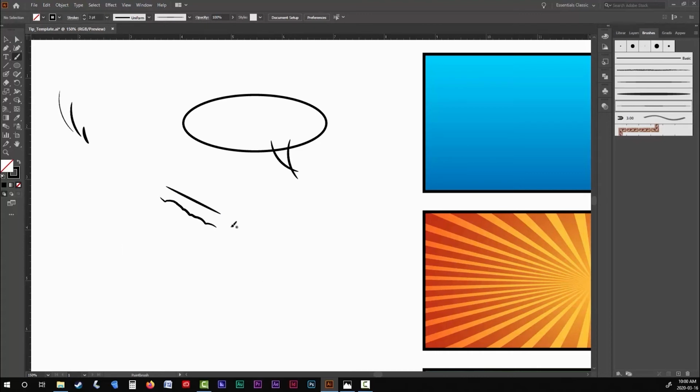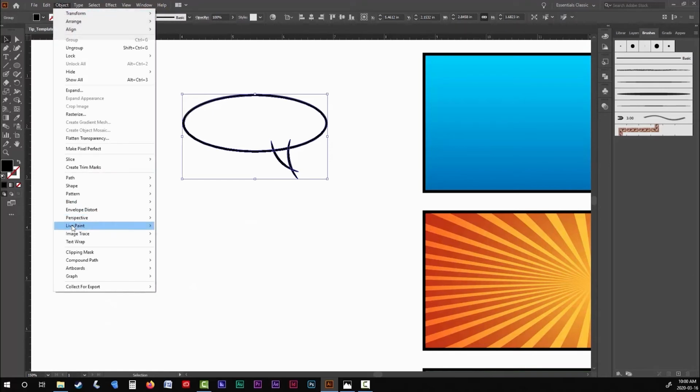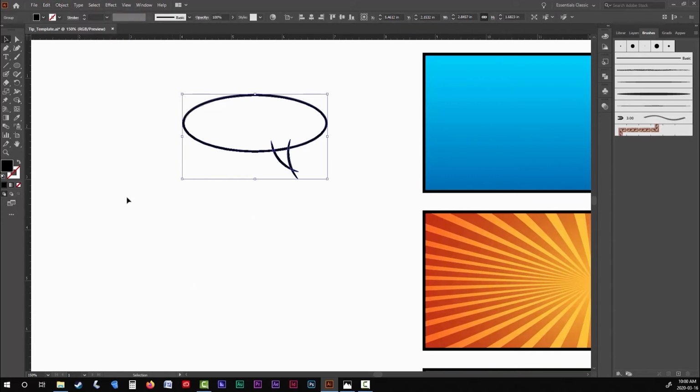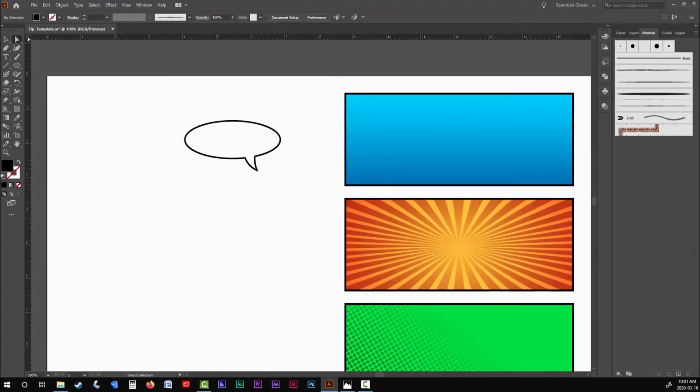Okay, so here's the process that I'm only going to show you once. What you want to do now is select all of your lines and go up to Object in the top menu and choose Group. Once everything's grouped, go back up to Object and choose Expand Appearance. Then go back up to Object one more time, choose Live Paint, and then Make. And finally, go back up to Object one last time and choose Live Paint and then Expand. You're going to be repeating those same 4 steps for everything we draw from here on out. Now with your Direct Selection tool, that's the white arrow, you can now select and delete all the lines that you don't want. And there you go, a very simple way to create a speech bubble.